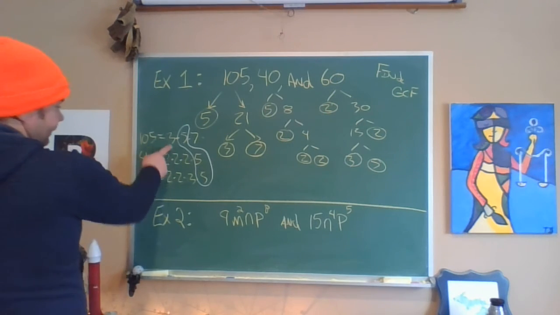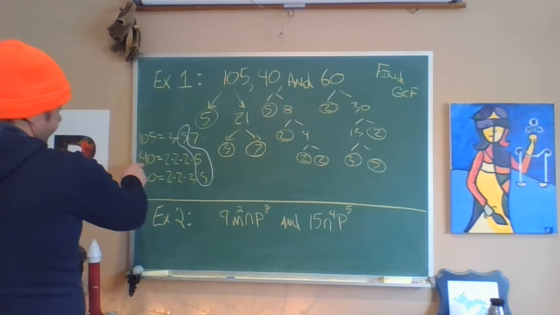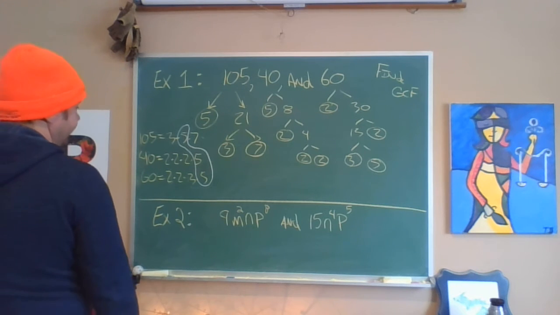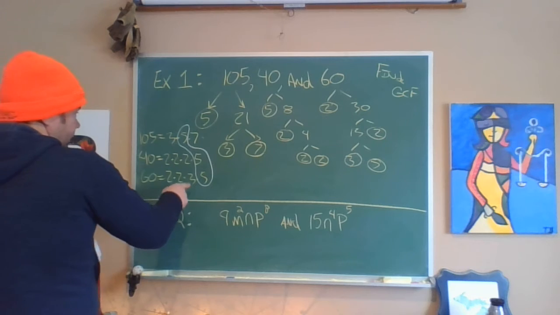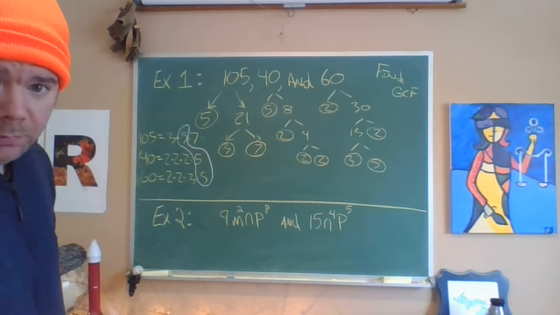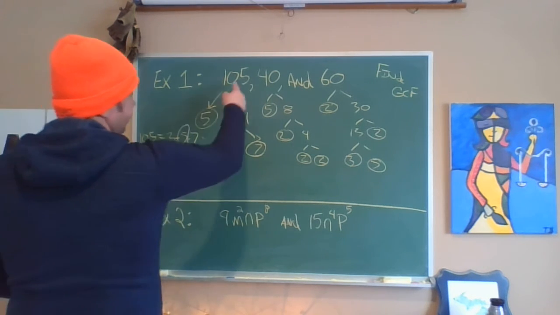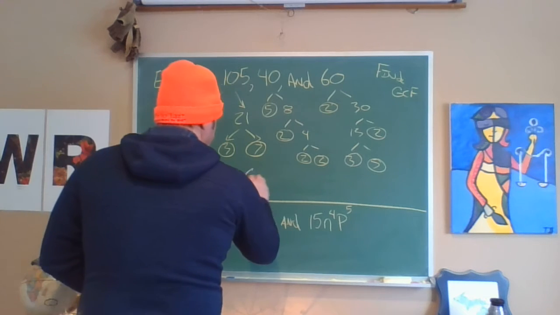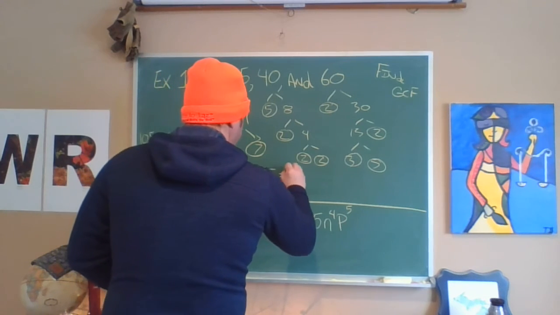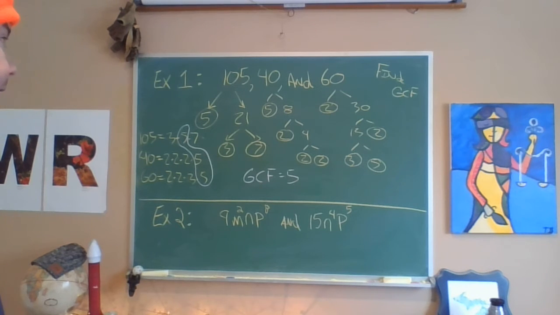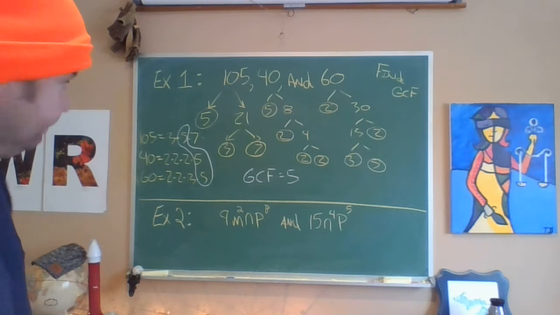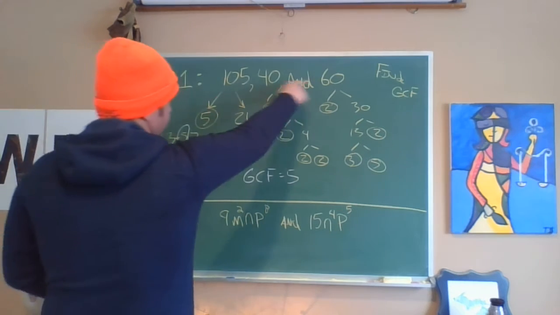There's a 3 here and a 3 here, but there is no 3 as a prime factor of 40, so we can't use that. And 40 and 60 both have factors of 2, but 105 does not, so we can't include that. So the GCF for these 3 numbers, believe it or not, for all of that work, is just 5. It's the biggest number that will divide into all 3 of those. All right, so that's another look at finding the